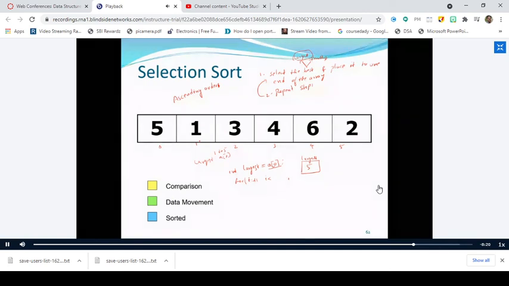Therefore, you leave it like that. Go to the next element. 5 compared with 3. 5 is largest. Leave it like that. 5 compared with the next element, that is 4. 5 is largest. Leave it. Now compare 5 with the next element, which is 6. Now 6 is the largest. So whenever you find a larger element in the array, you will simply override the largest variable with the larger element which you found in the array. So 5 is overwritten with 6.